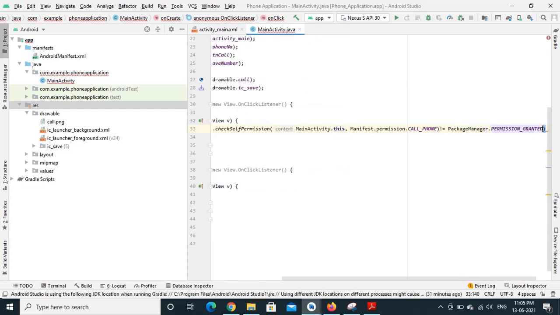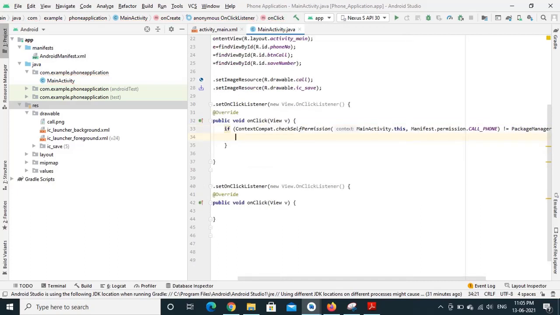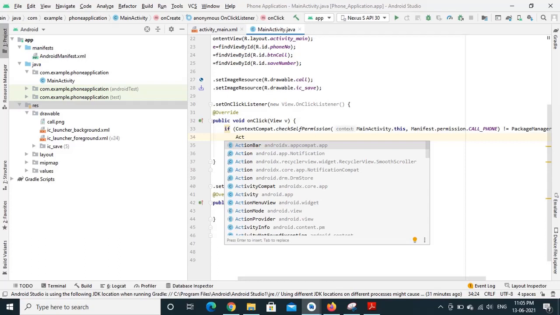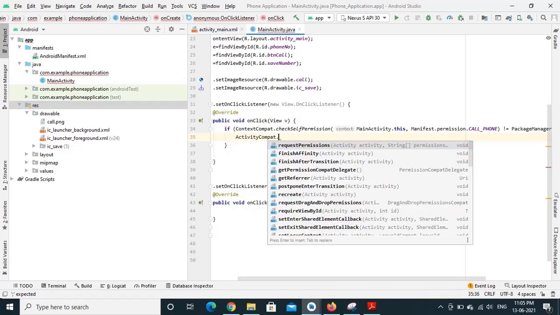If this is not permitted, then the application has to request the explicit permission for the same. For that, we use the ActivityCompat class dot requestPermissions. We request the call phone permission.